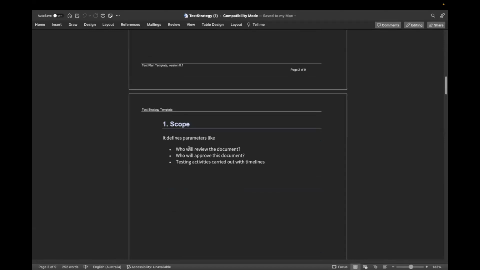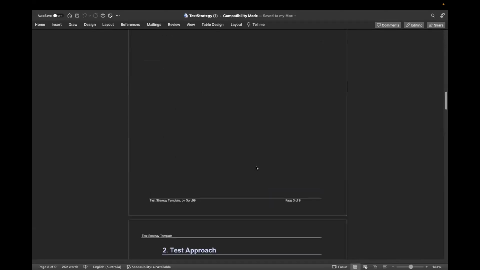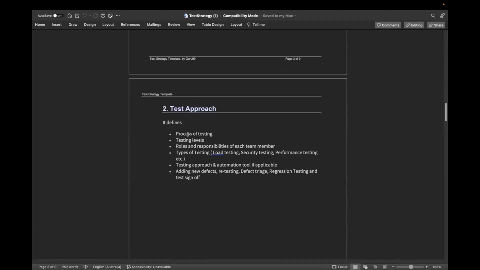The scope, who reviewed the document, who approved this document, testing activities carried out and with timelines. You have your test approach, the process of testing levels, roles and responsibility of each member, type of testing, testing approach, adding new defects.